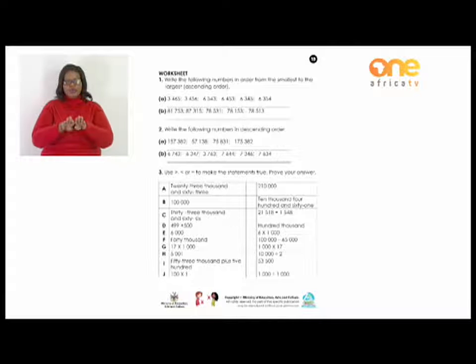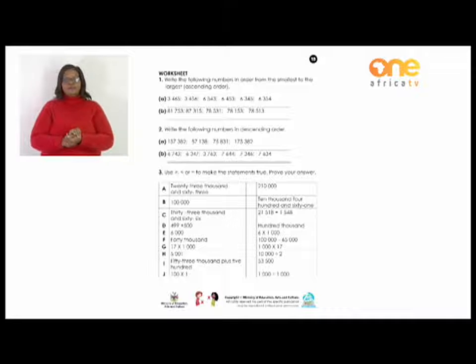The numbers are there, under A and B, so you have to arrange them. Number 2, you need to write the following numbers in descending order. So you are going to arrange numbers from the biggest to the smallest, under A and under B. We go to the third question, where you need to use the 3 signs to make the statements true, or to prove your answer. So from A until J,